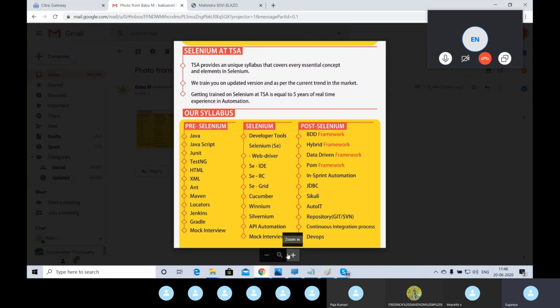Selenium IDE is nothing but a record and playback tool. For every automation tool, we'll have the record and playback option, right? The user can choose a recording option, and whatever activities are performed by the user on the browser or window-based application can be recorded and converted into a corresponding programming script.